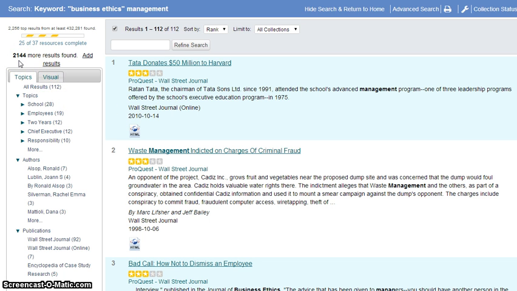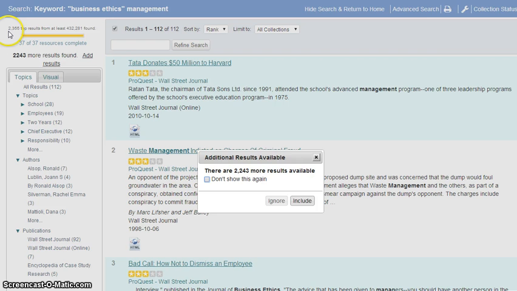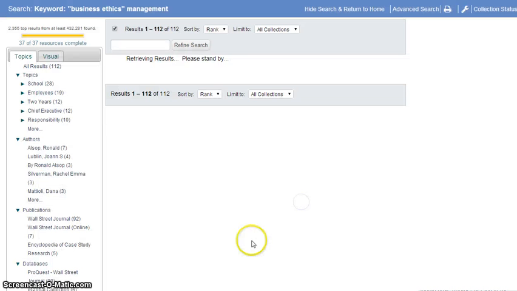Realistically, for all the quality resources, it's not a bad wait. And you can see it's giving us only the top results too. Sometimes this shows up if you don't necessarily want 2,243 more; you don't have to include them. You can go ignore. I like to include them because it'll bring more.